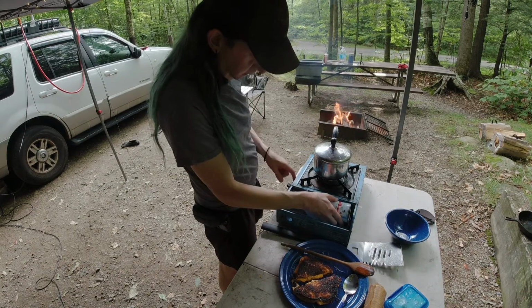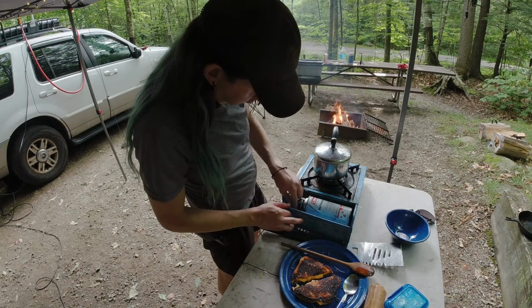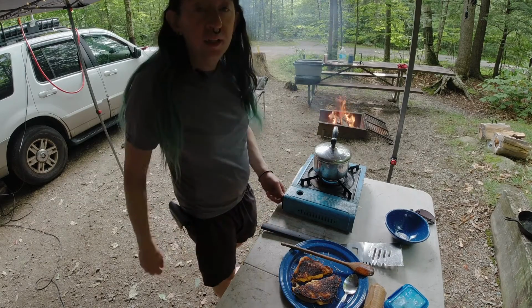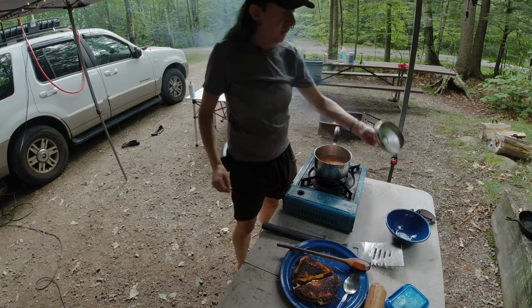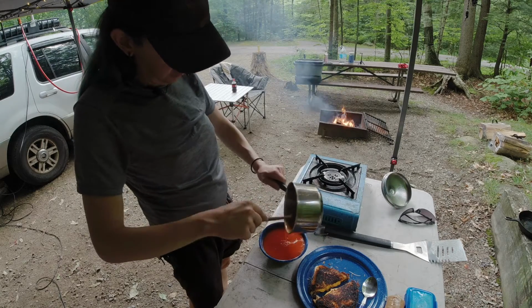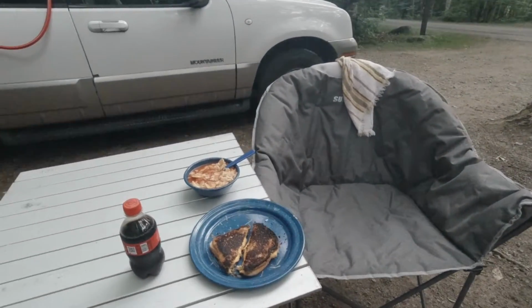Okay. Look at that, I've got heat again. Okay, we're all set here. Soup is hot. Pour it on in. Okay, so for tonight's dinner, I made myself a simple grilled cheese sandwich and tomato soup,